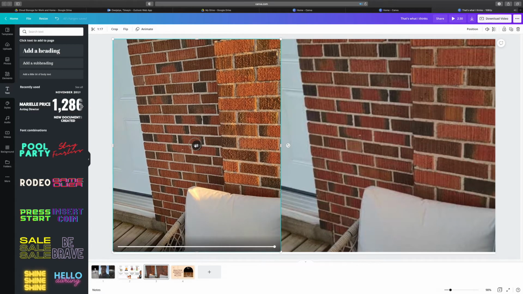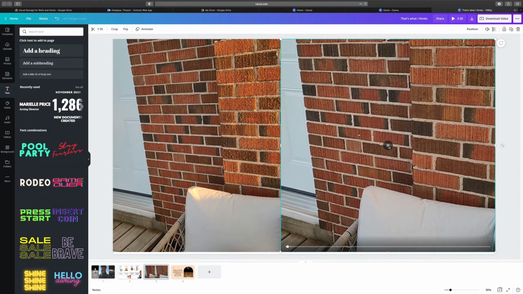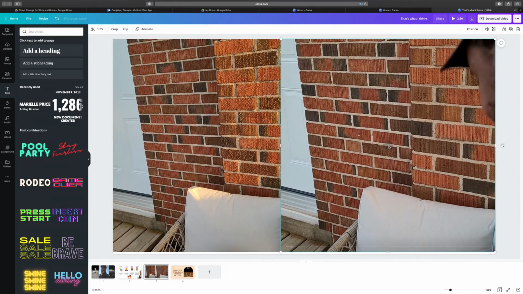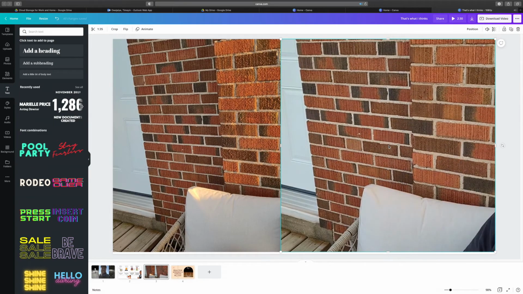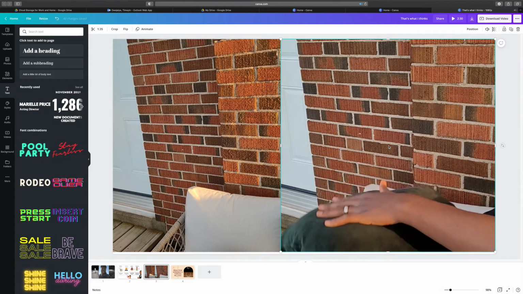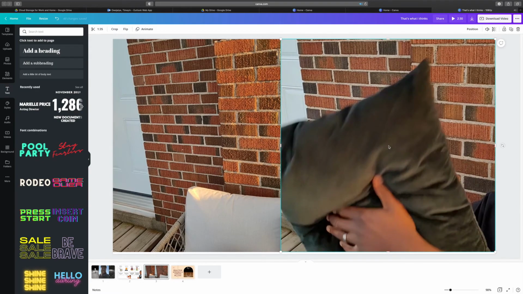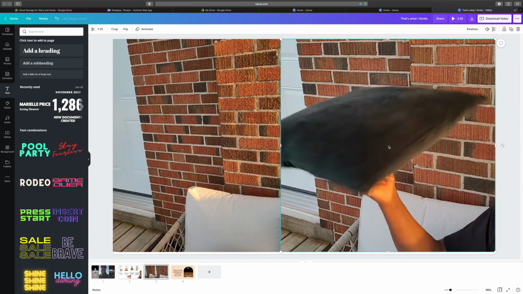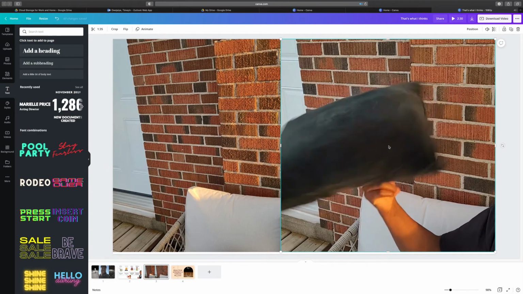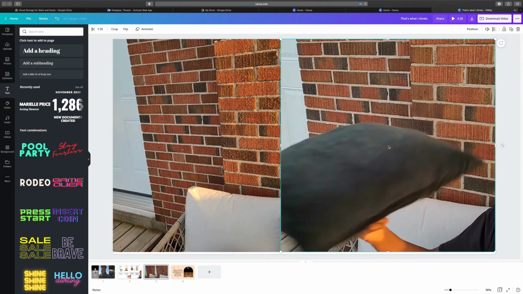All right, let's look at something slightly more down to earth. Let's look at the throw pillow, which I hope you're going to be doing with me. Just pick up a throw pillow from your living room and try to see if you can get it to spin. All right, I'm patting down the pillow so that the mass is evenly distributed across the pillow. And now I begin to spin.